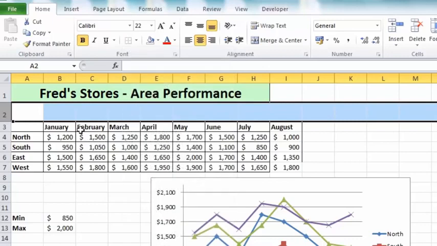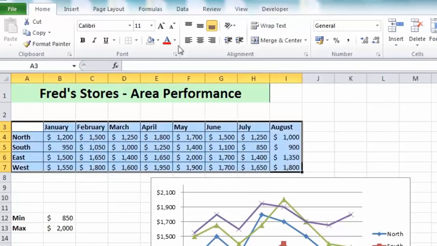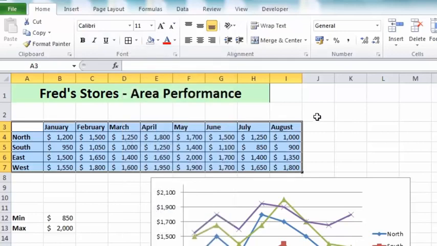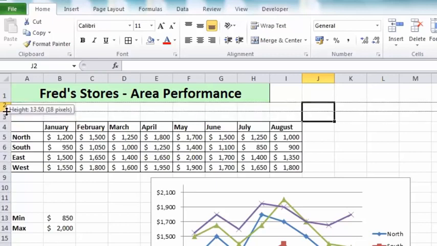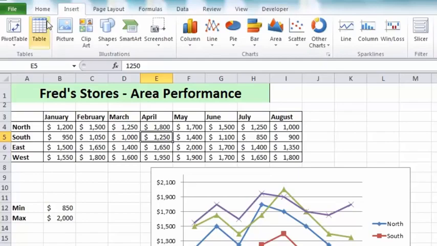And then just fix the formatting for my header row because now it doesn't have a top line, so I'll just select the whole table and reapply that border formatting, all borders there. Okay, and then click away. So there's my reformatted table. I'll just reduce the size of that row 2 as well, reduce the row height. And now all I need to do is click anywhere in the table, go to the Insert tab and click